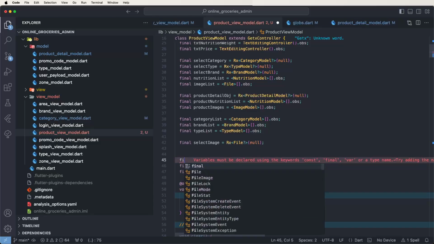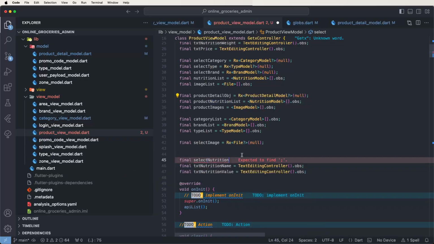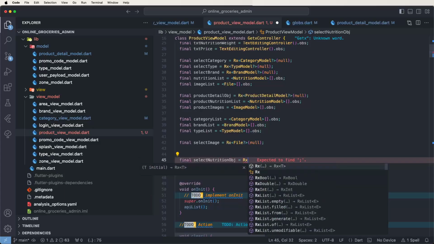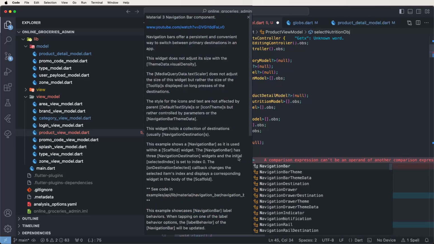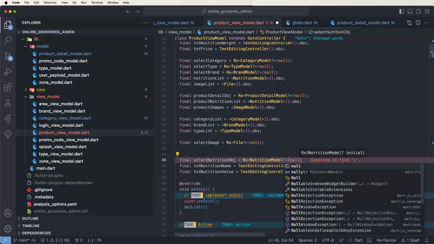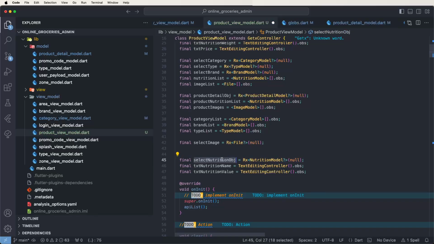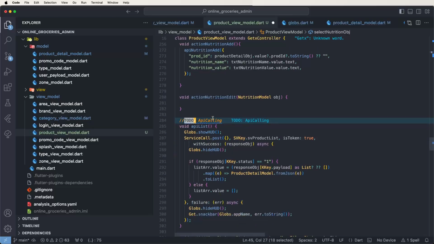Select nutritions equal to need to write down here the RX nutrition models, and need to consider the models and like this configures. Now need to select and use this here the edit actions, need to set here first